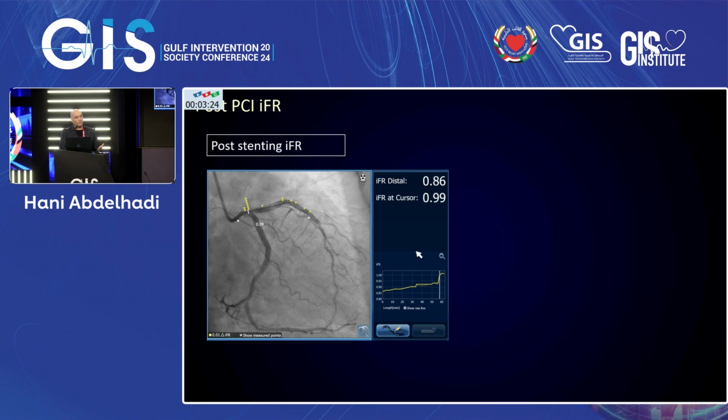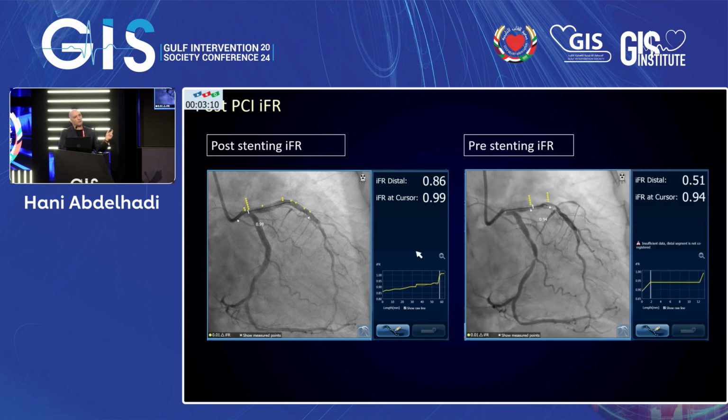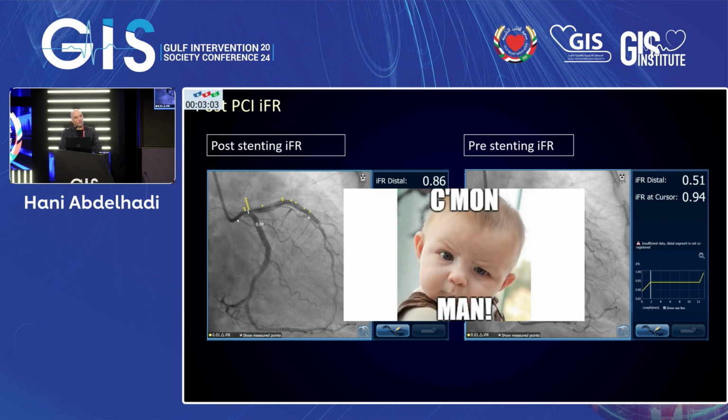Wait, hold on. So the LAD is ischemic still. It used to be 0.5, but it's now 0.8, but it's still ischemic. It's an ischemic LAD, and now the ischemia is very proximal. It's at that distal left main ostial LAD junction. And this is what we had before we started, and that's what we used to formulate our initial strategy. And this is how you're thinking in the cath lab. So come on, man, you know, we did what we were supposed to do.